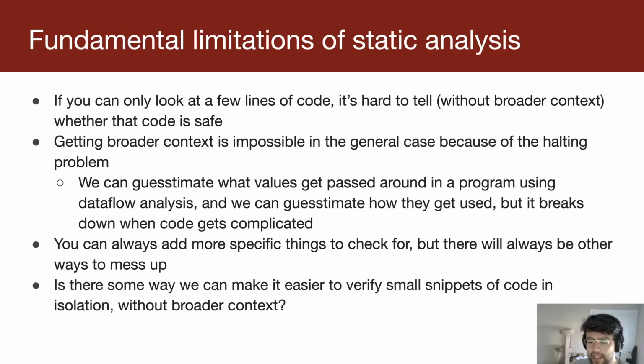But is there a way that we can change the way we write our code so that we just have a small snippet of code and the compiler can look at the small snippet without context and say, that looks fine to me? It can look at some other small snippet and say, that looks fine to me. And when we put all this together, everything works fine. Is there a way that we can do this? I'm out of time, so I'm going to stop here and we'll pick it up on Tuesday.